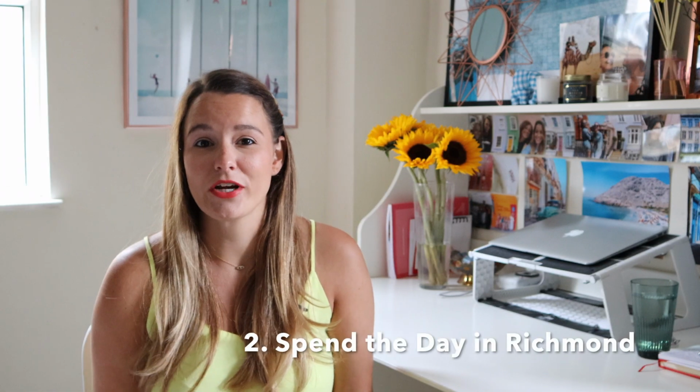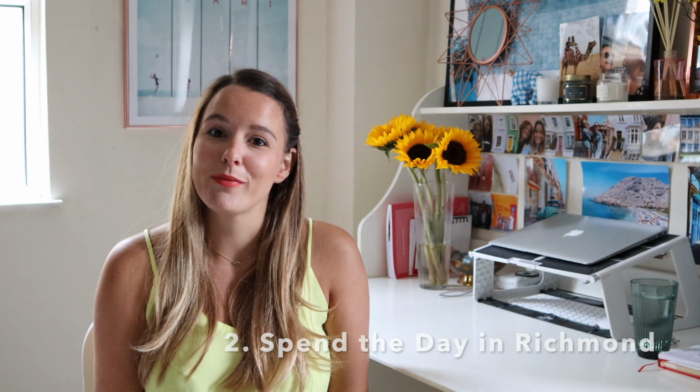Number 2, take a train out to Richmond and take a little stroll by the canal or in the park. So Richmond is only about 15 minutes by train from central London. I usually grab the train from Clapham Junction, making it only 9 minutes. You can also take the District line all the way to the end, but it will take a little bit longer than if you take the regular train. The great thing about Richmond is that even on a super sunny weekend, it's not nearly as crowded as central London. It's a lot more local people who live there and less tourists, so you'll actually have a really great time exploring the area. I suggest getting off the train, grabbing some brunch somewhere,